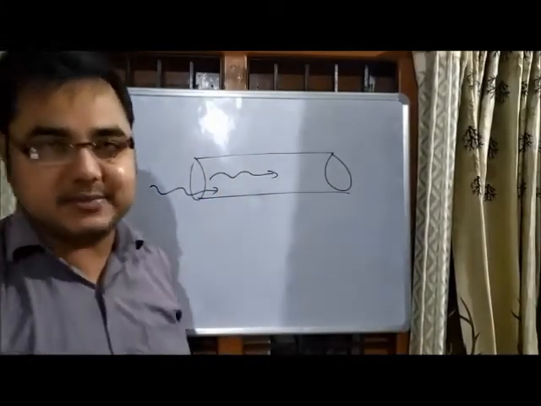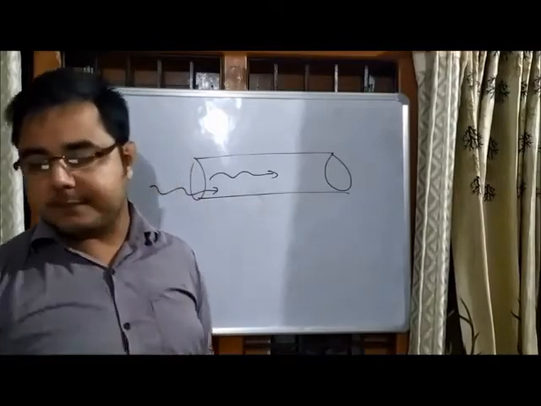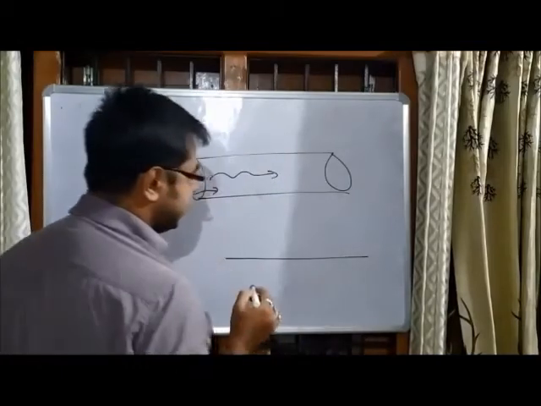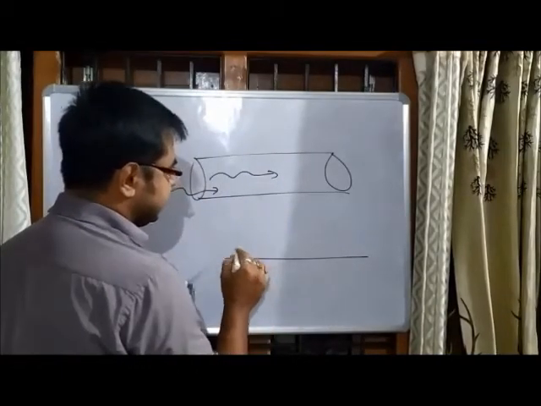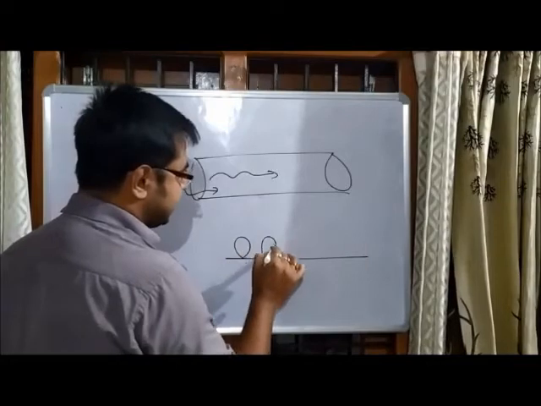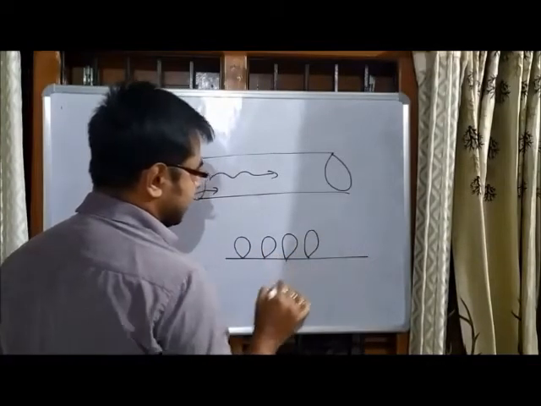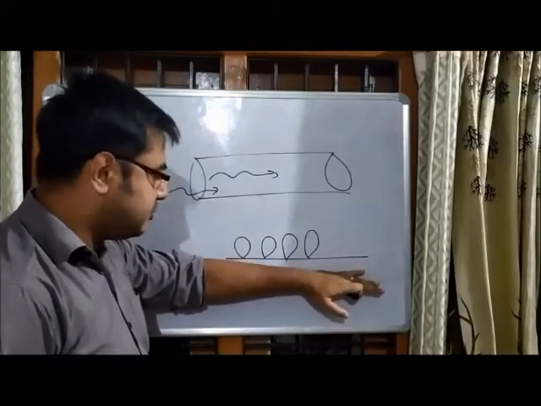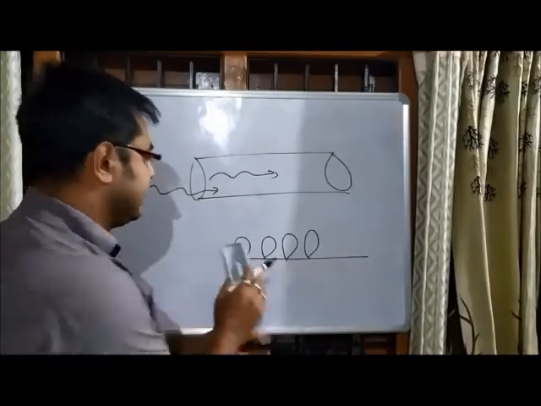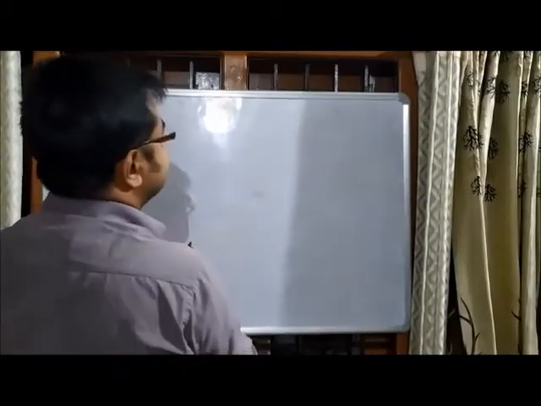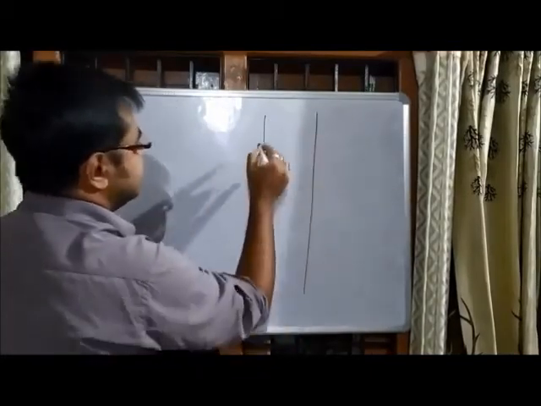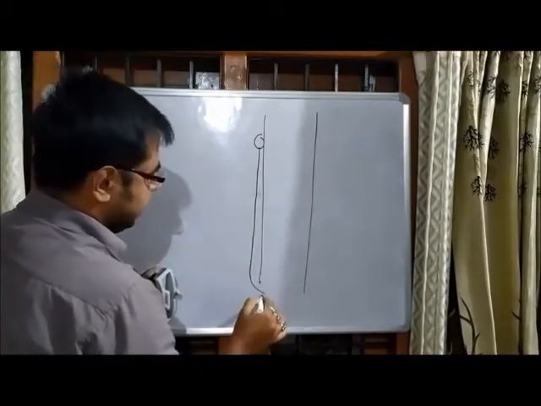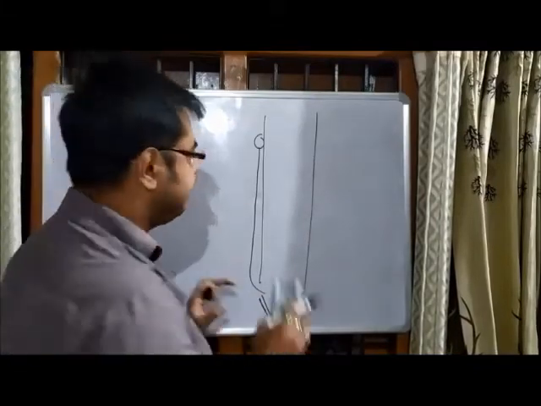Moreover, sometimes they can also form drop-wise condensation. In drop-wise condensation, what will happen? Simply outside the vessel, they will form drops. Now if this is in a horizontal position, it will remain as it is. But if the pipe is in a vertical position, this drop will cover the whole length and it will fall here or reach here. Clear?